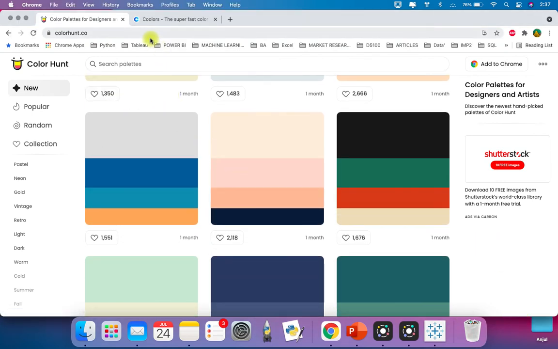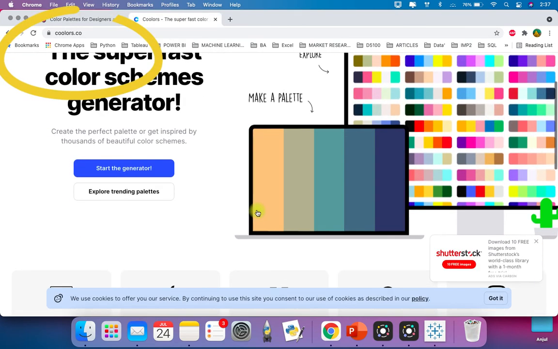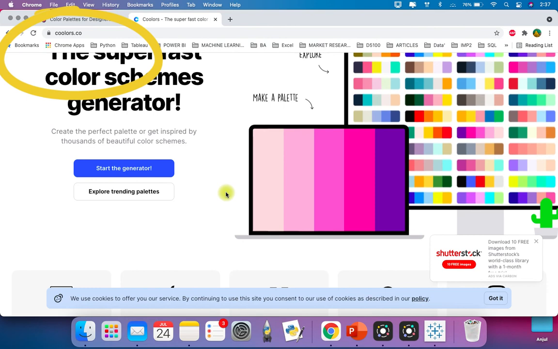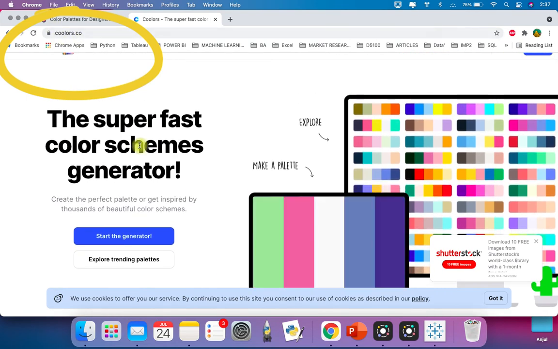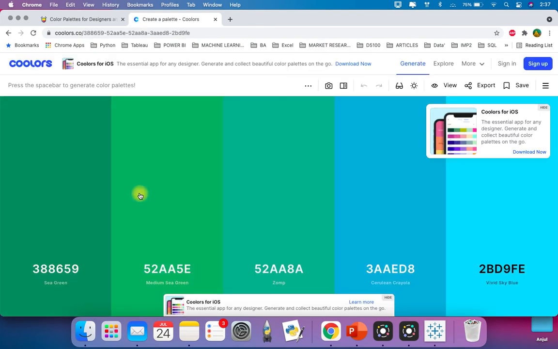And if you want to go for these shades of one color, then you can also come here, coolors.co, start the generator. Okay, and once you have the colors, you can hover on any color and you can click here, view shades.